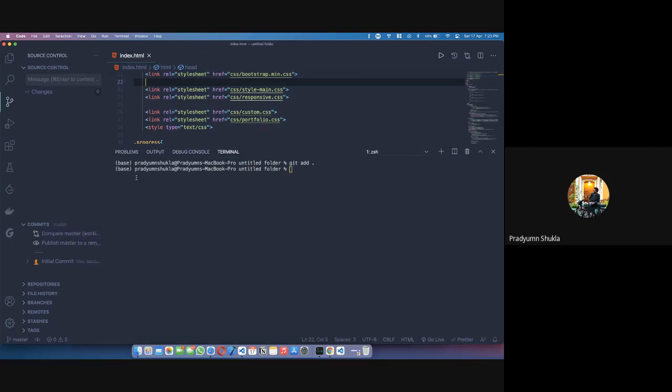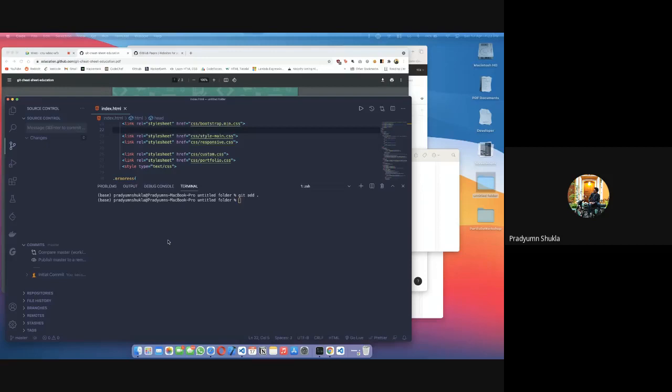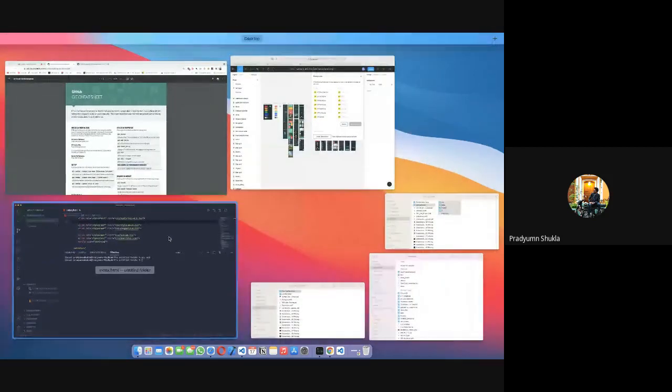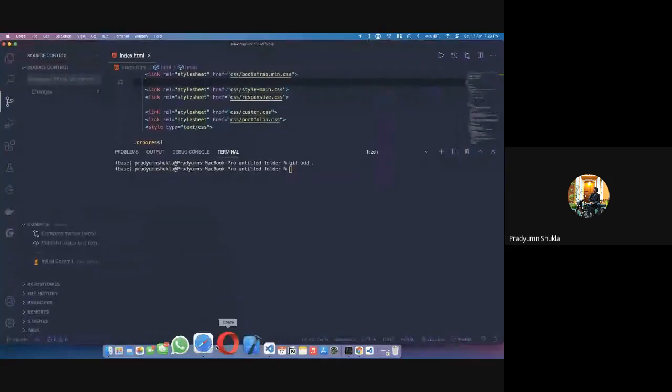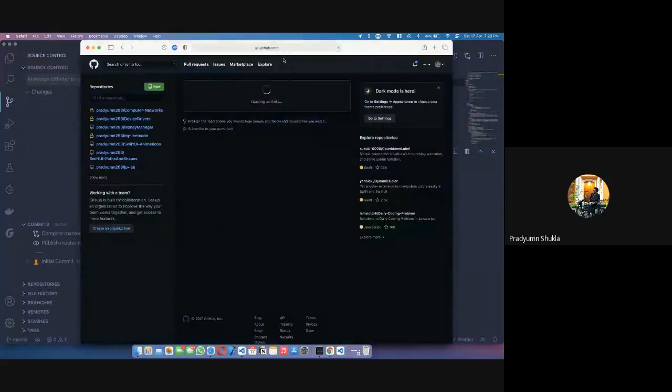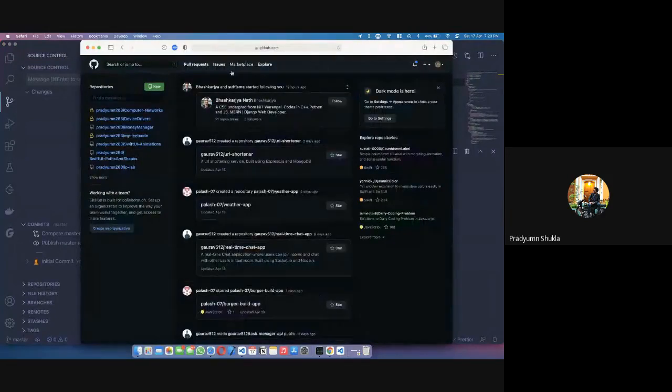Now, as I said, we need to be able to use GitHub for this. So just a second, I will show you GitHub. New window, GitHub. How do you start a repository? So let's say I'm logged into my account. I absolutely need to start a new repository. Since I have made a local repository, now I need a remote repository. So I can just go to new repository.